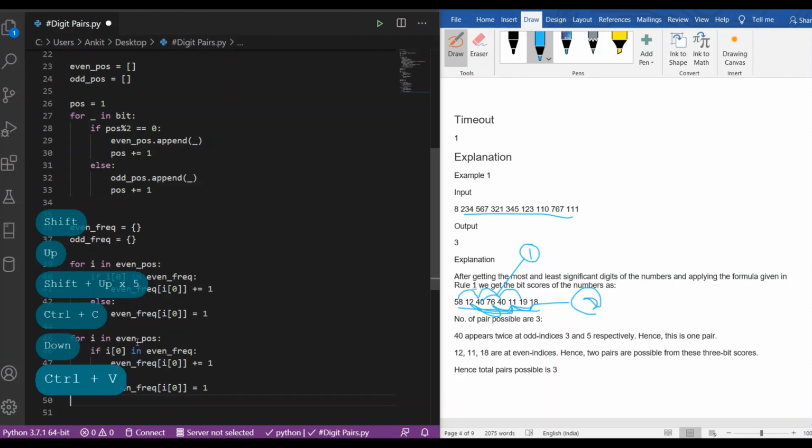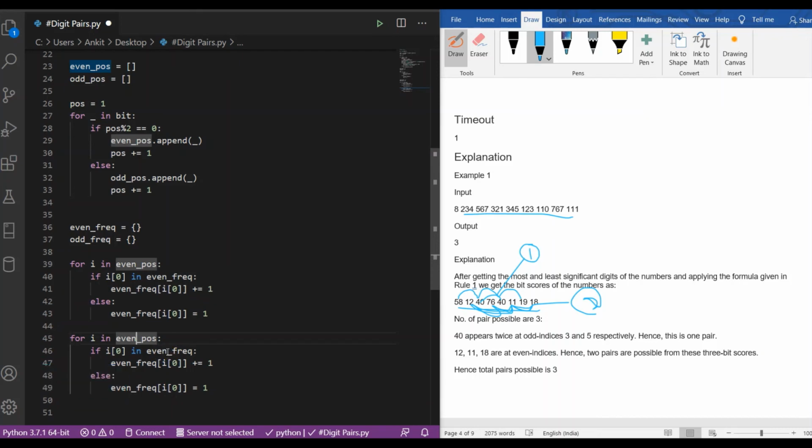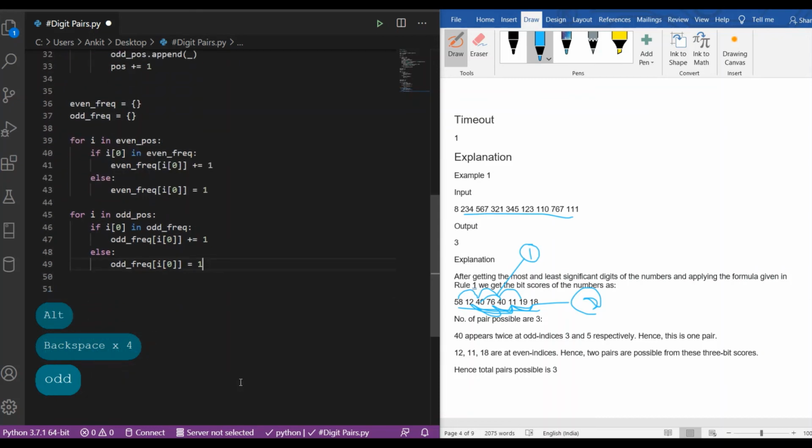So let's do that also. Similarly, we have done that also, and we have gotten the number of the frequency of the most significant digit, and now we have to make the pairs.